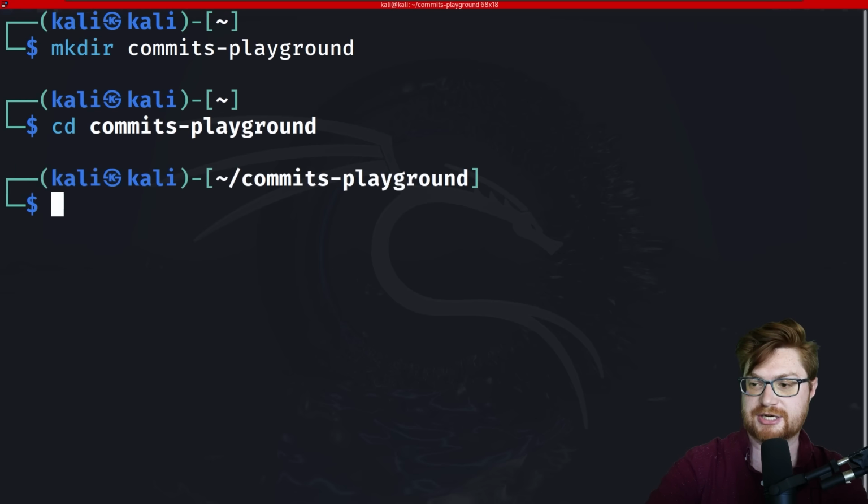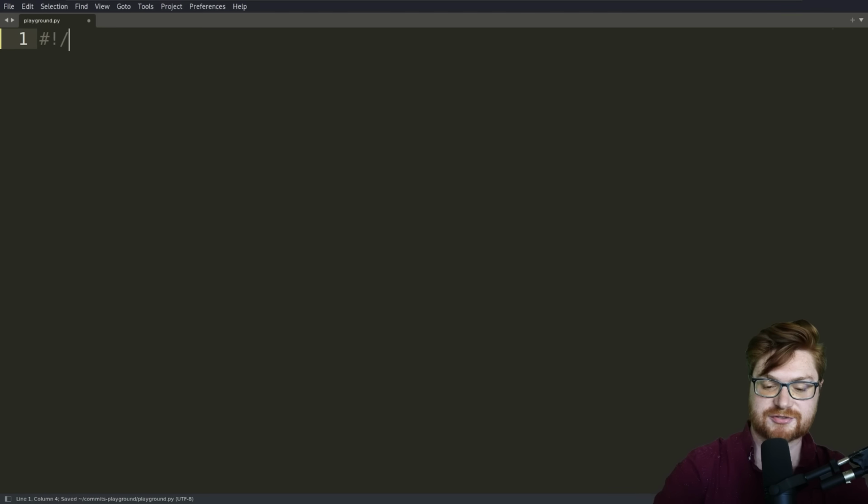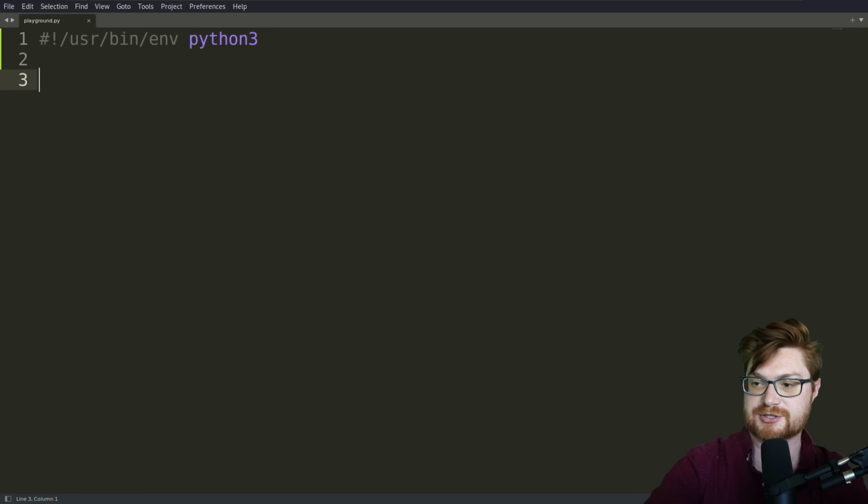And with that, I'll change directory in there and create a new simple playground.py script. Now this is just going to be super scrappy, pretty bad, proof of concept, crappy code. Let's get a shebang line going though, and let's know the amount of characters that could make up a SHA-1